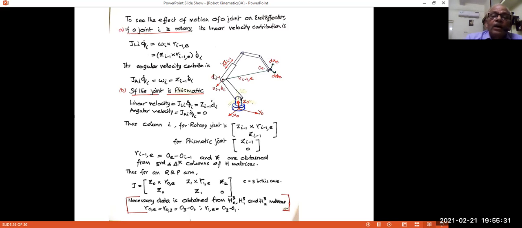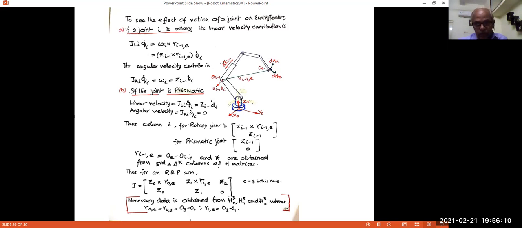That will give the third and fourth columns, which give Zi minus 1 comma 0 and the fourth column of that will give you the displacement, the XYZ components of this distance. You subtract that from H60, which will give you the three components of this with respect to the base frame. If you subtract vectorially, you'll find that you will get Ri minus 1 comma E.